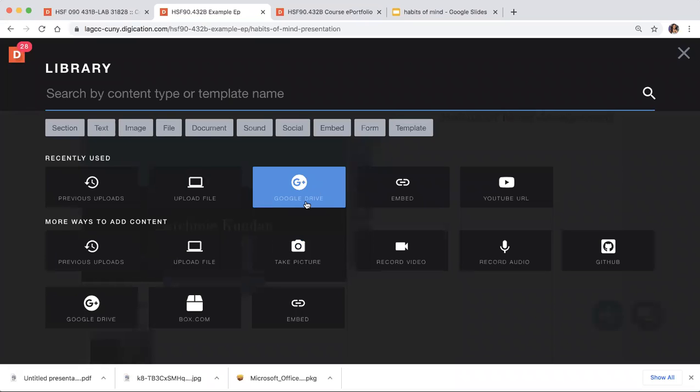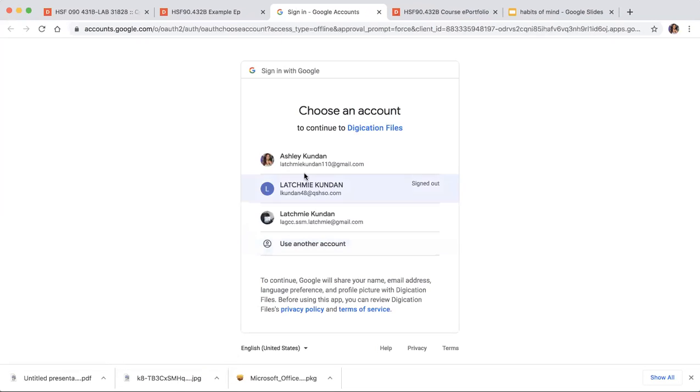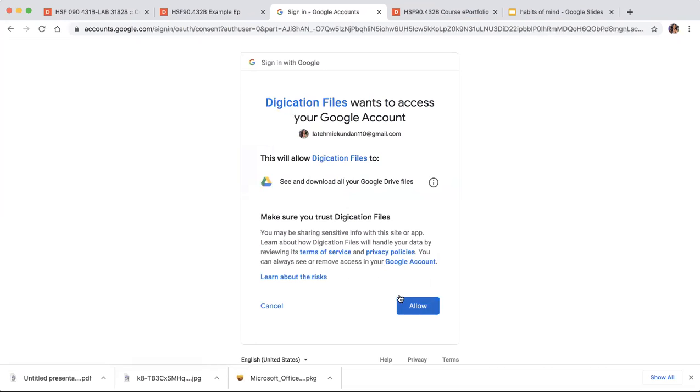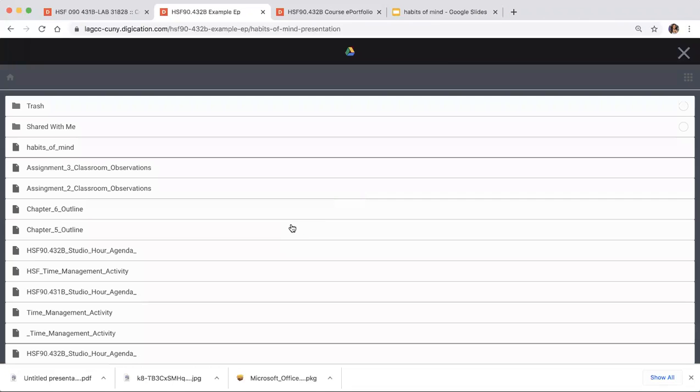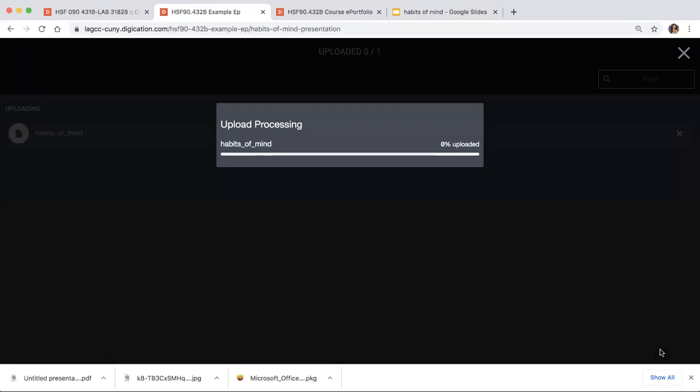So this is 2 ways you could upload it. So I'm gonna go on Google Drive and it's gonna ask me to sign in, allow, and then I'm just gonna click on the assignment, which is Habits of Mind, click on upload. It might take a little bit too because I've been trying to upload the slideshow that I shared with you guys,